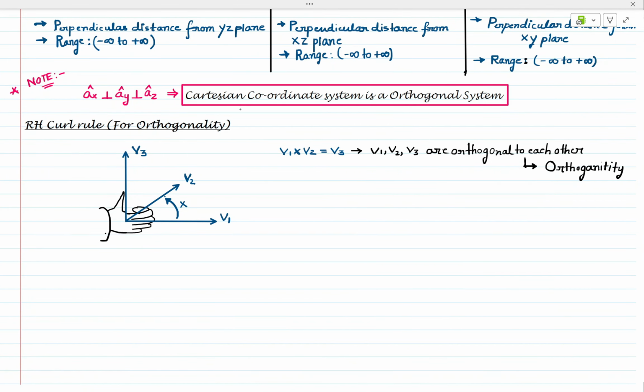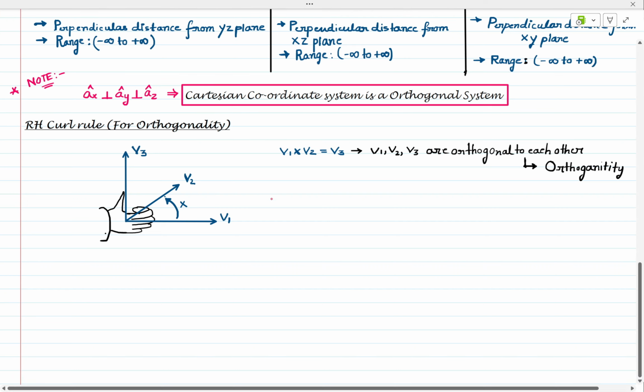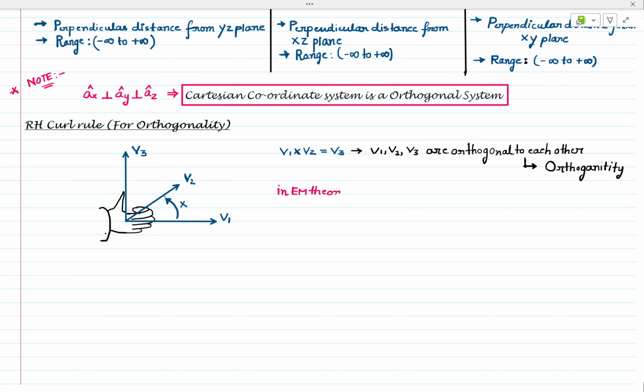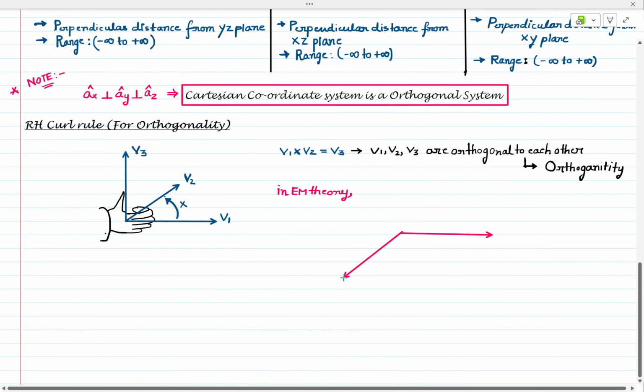In EM theory, what I have seen is also the right hand curl rule. In the case of the unit vectors, ax, ay and az are orthogonal to each other. That is here, according to the right hand curl rule. See, this is the ax, ay, and